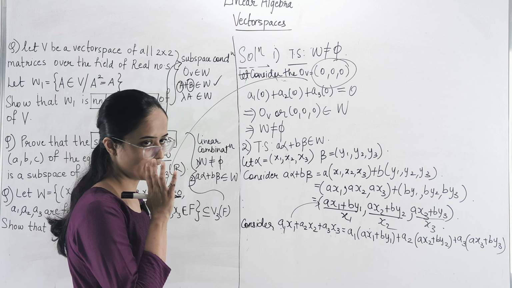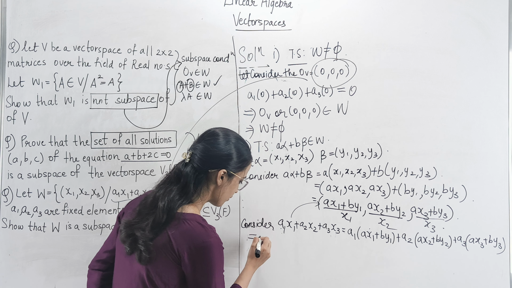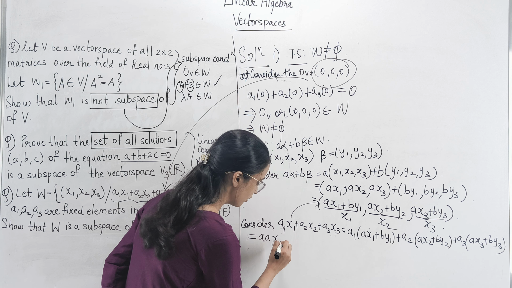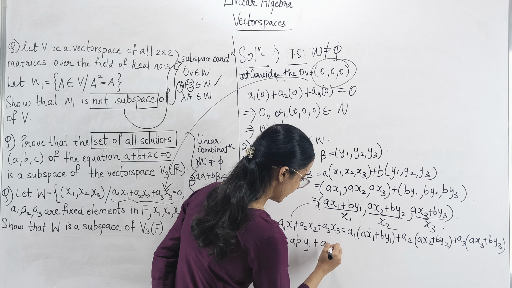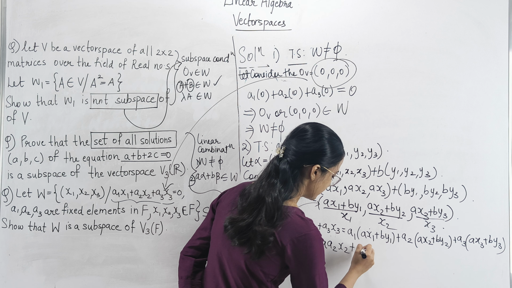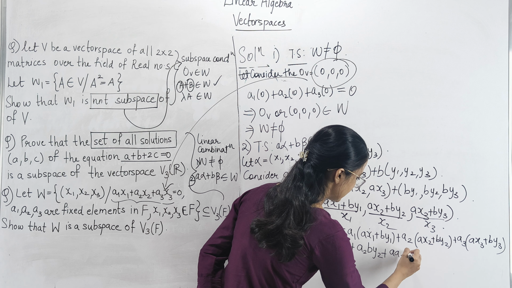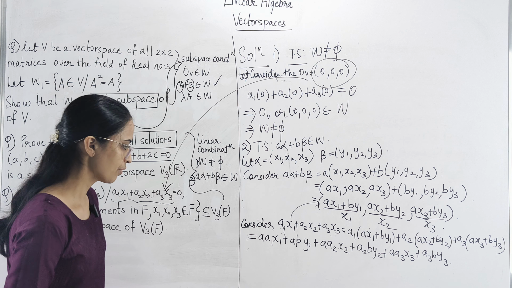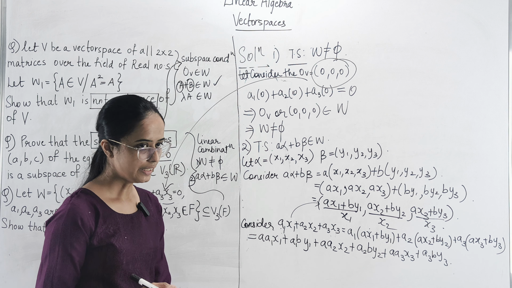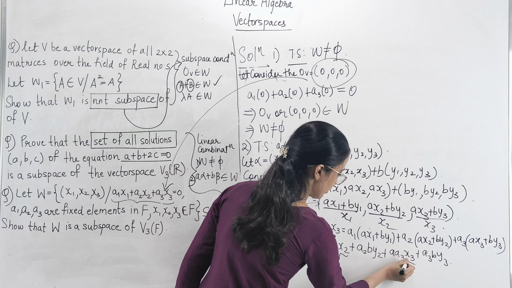Now let's solve it carefully so that you reach to your answer. So abhi let's open the bracket first. So what we would get is a into a1 x1 plus a1 b y1 plus a2 x2 plus a2 b y2 plus a3 x3 plus a3 b y3. ठीक है, now what we are going to do is we are again going to take the like terms together. मतलब ये और ये हम लोग एक साथ लेंगे.